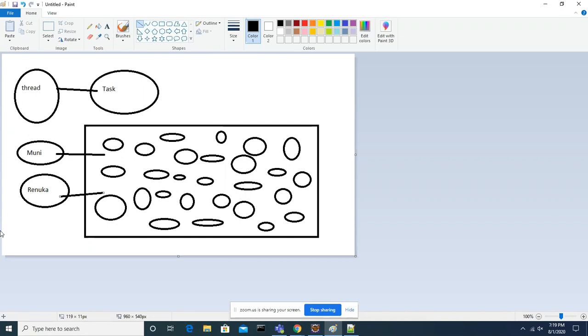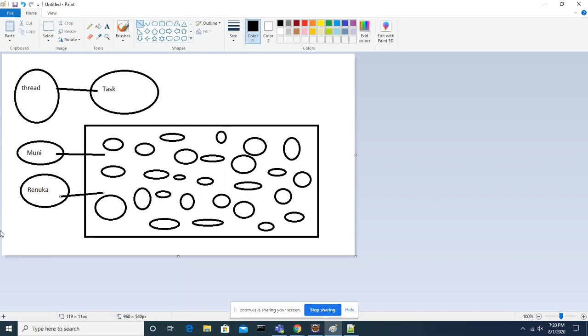Reduce the time on the task. Any task, if you assign only one person, he might take a long time. He will complete it, but it may take more time. Whenever you want to execute a set of code or a method in a specific time, generally you will assign it to one method, that means one thread.